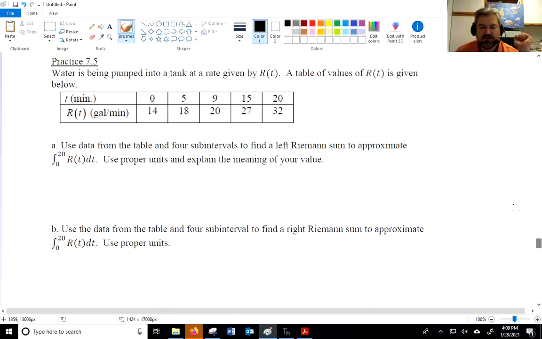All right. Water is being pumped into a tank at a given rate r of t. A table of values for r of t is given below. Use the data from the table and 4 subintervals to find a left Riemann sum to approximate the integral from 0 to 20 of r of t. Use proper units and explain the meaning of your answer. So the integral from 0 to 20 of r of t dt